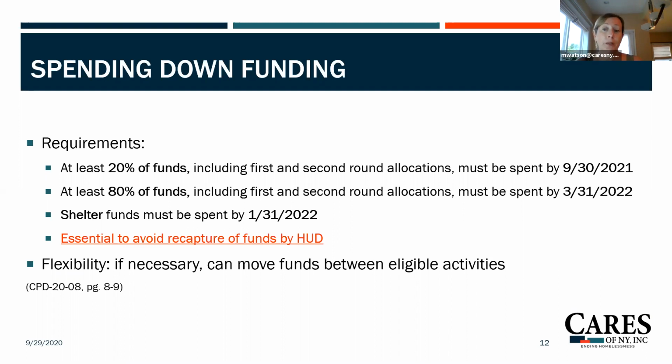CARES will be supporting these efforts by creating a tracking process to ensure the community spends down by the deadlines. Ultimately, spending down for these deadlines is incredibly important for the community, as HUD does have the ability to recapture funds if these deadlines are not met. We also want to note that if you're having trouble spending down or see needs in the community that are changing from what we anticipated, please remember that you may request to shift funds to another eligible activity if approved by the recipient.